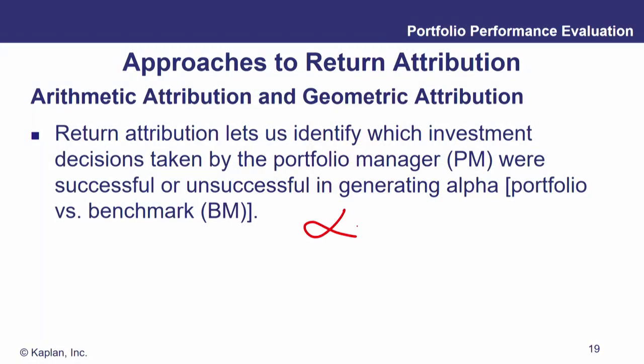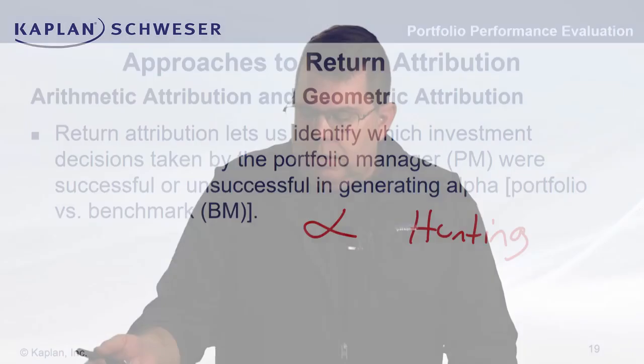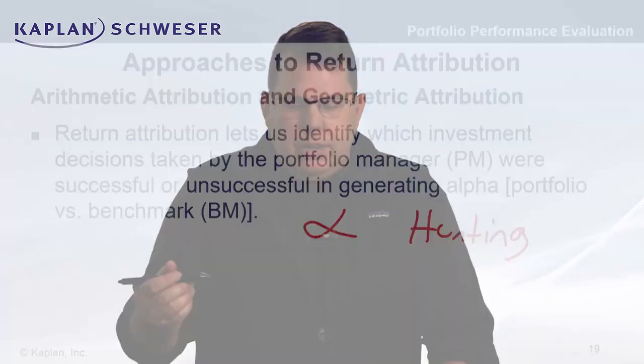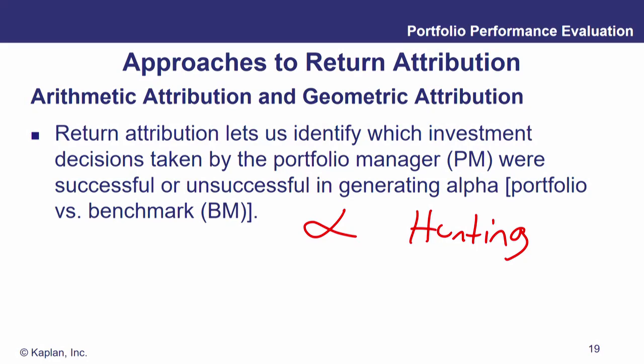So ultimately, again, what we're trying to do, like we seem to be doing a lot in finance, we are hunting for alpha. The holy grail of investing, if it even exists out there. That's what we're doing. We're hunting for alpha. So return attribution is going to let us determine which investment decisions taken by the portfolio manager were successful or unsuccessful in generating alpha. And remember, relative